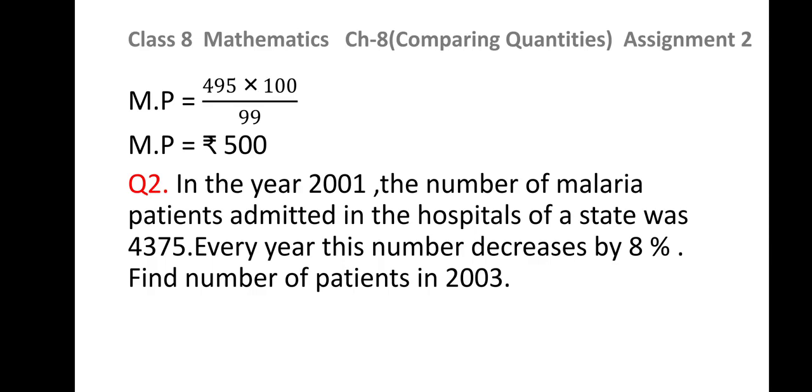Dear children, this question is related to the concept of application of compound interest. And what is the application of compound interest we have studied? That is growth and depreciation. Whenever there is a decrease in any quantity, then we need to use the concept of application of compound interest, and this is where we can use the concept of compound interest. And we know the decrease of the value per year is called rate of depreciation, and we have learned the formula also. Now coming to the solution of this very question.